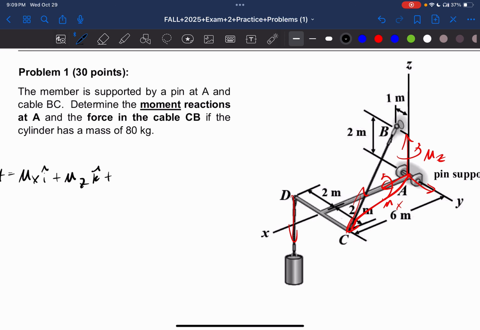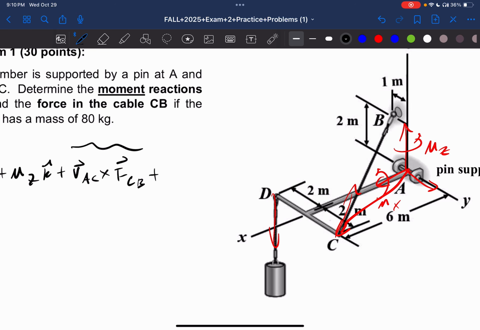plus the moment caused by the force BC at point A, which is going to be a vector R from A to C, cross the force CB, so tension CB basically. Let's call it force CB, it doesn't really matter. This is CB plus, we are going to have another vector here to here cross, so vector AD cross the weight